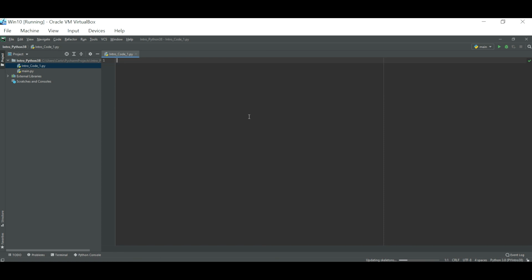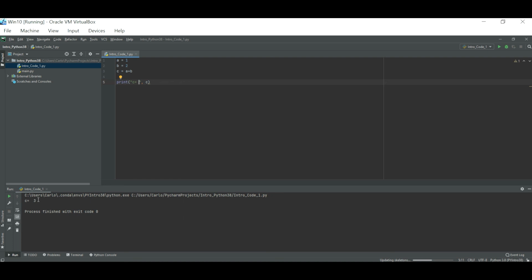So if you do A equals 1 and B equals 2 and do C equals A plus B, and if you do print C, notice that now we're doing exactly the same thing that we did before. So run,